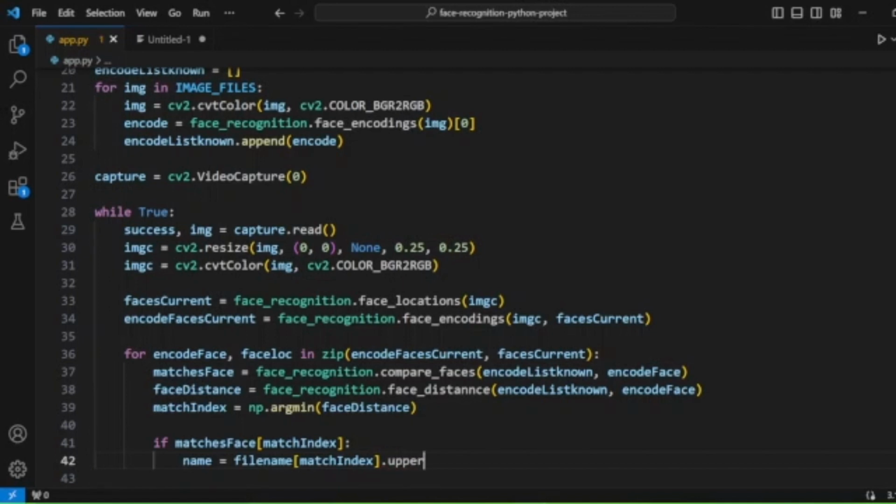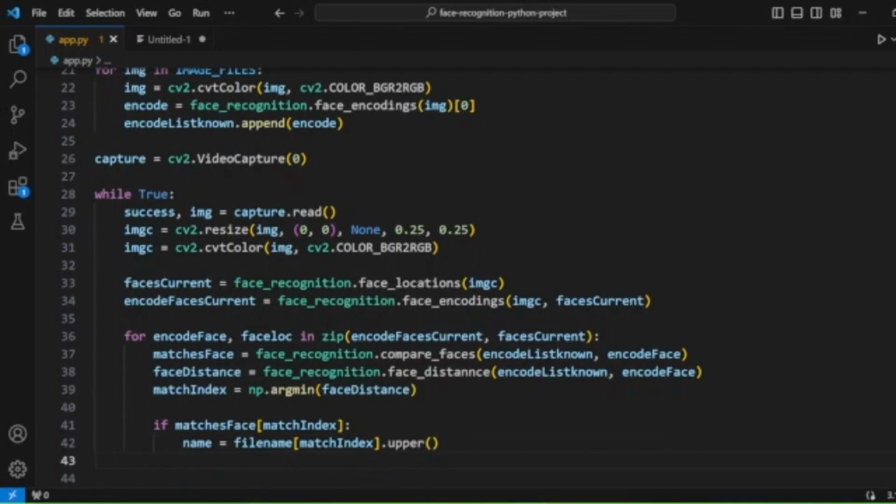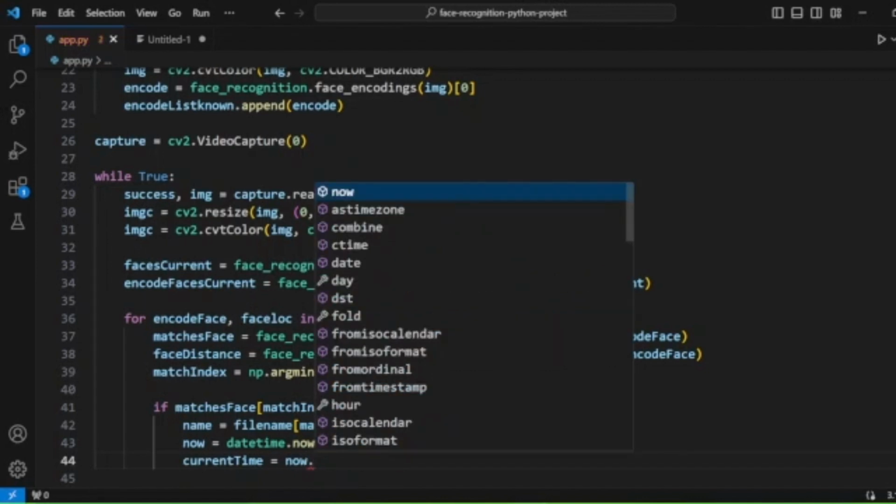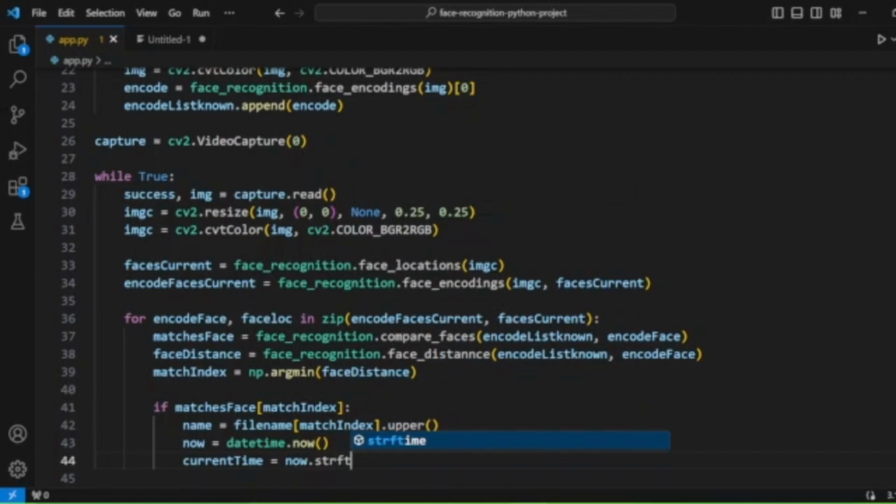We will use the upper function to convert it to uppercase, and also here we will get the date using datetime current date for displaying with the user, actually the time of capture. We will make a current time variable, then datetime.now().strftime,